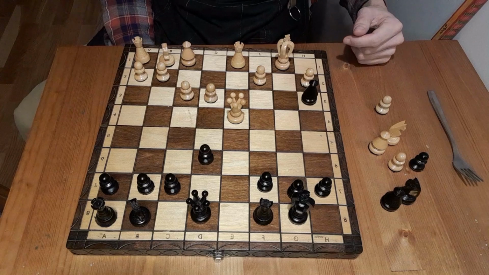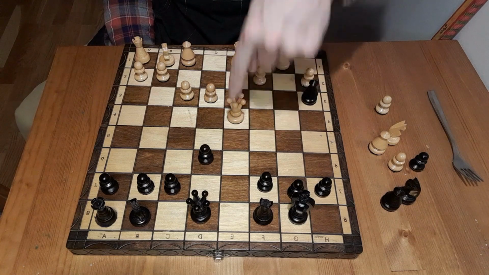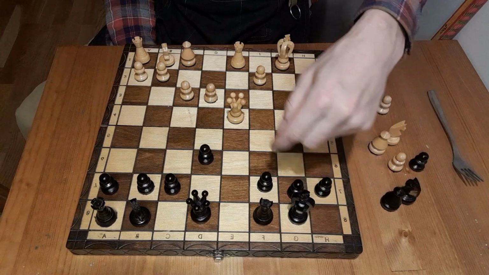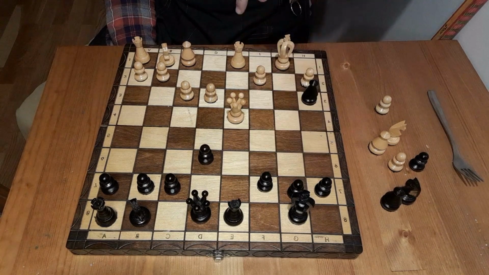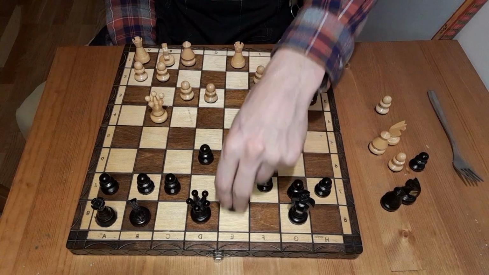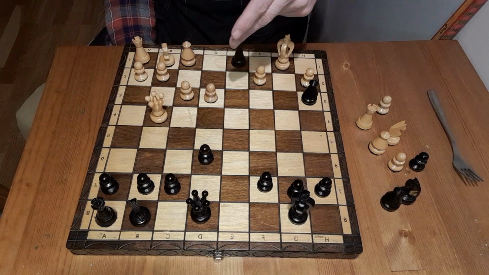Next up is the skewer, which basically means you have two pieces that are lined up, either on a long file or on a diagonal, and you have a piece that's going to take advantage of that. Here with the queen and the rook, this protected rook is going to line up against both of them. If the queen wants to save herself, the rook is lost. You're forcing a piece to be left